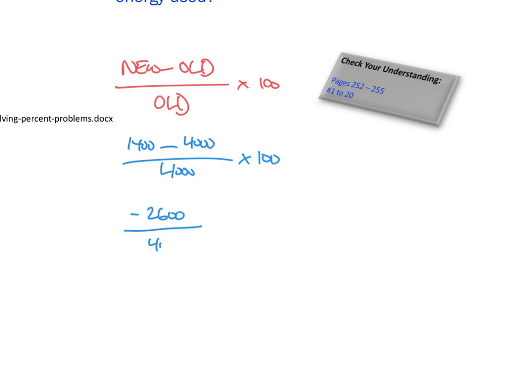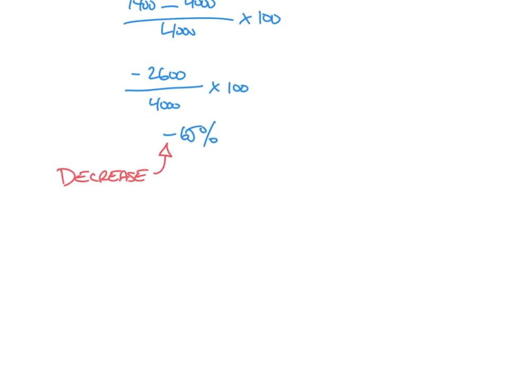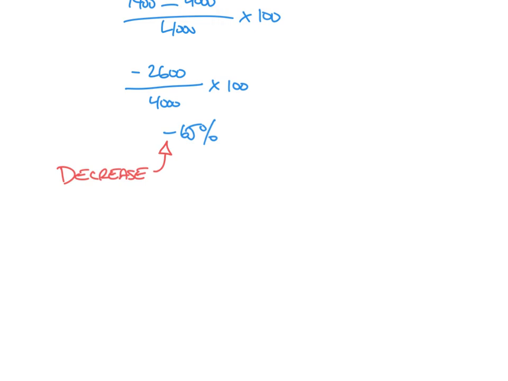And we're going to divide by 4,000, and multiply by 100. So what is negative 2,600 divided by 4,000 times 100? We get negative 65%. Again, the only thing the negative tells us is it's a decrease, which we were asked about anyway. We can even tell because the numbers are going down. The negative tells us it's a decrease, but it decreases by